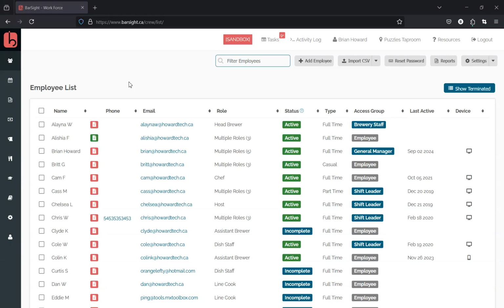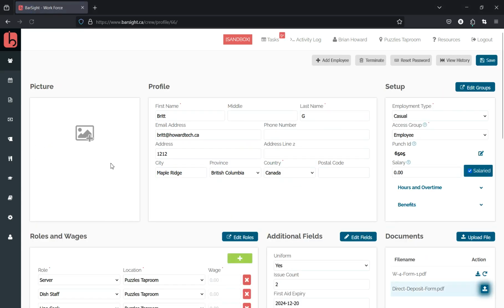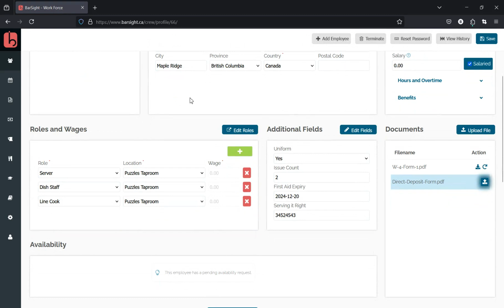Today we're going to walk through a feature that allows you to track any kind of data that you would like for each employee. We call this feature additional fields, and you can see it by heading into the employee list and clicking on an employee. This box right here for additional fields is fully customizable so you can track exactly what matters most for your